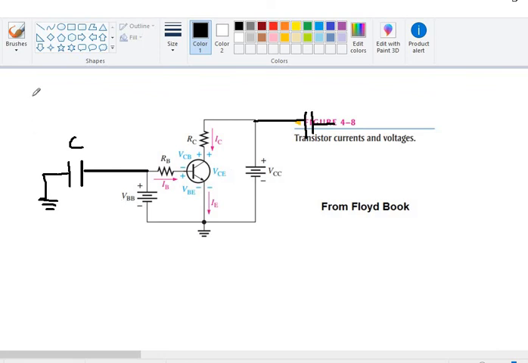At the input side, we are providing some sinusoidal signal, and this is a property of a capacitor. I hope you are well familiar with the basics of the capacitor, that it allows the AC signal and